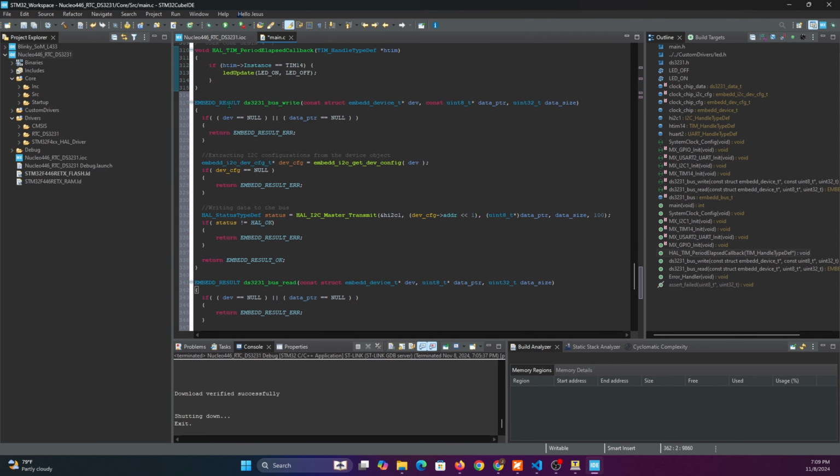So basically, in these functions to write, you're going to receive the pointer to that structure, to the device object, the pointer to the data, and the amount of data that you're going to write. If everything goes well and those are defined, we are going to fetch the configuration of that device object, and we are going to pass it to our HAL library, where it is going to actually write or read from